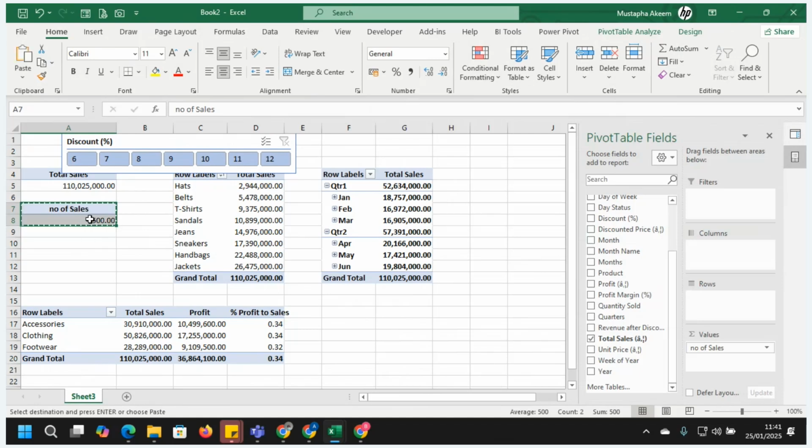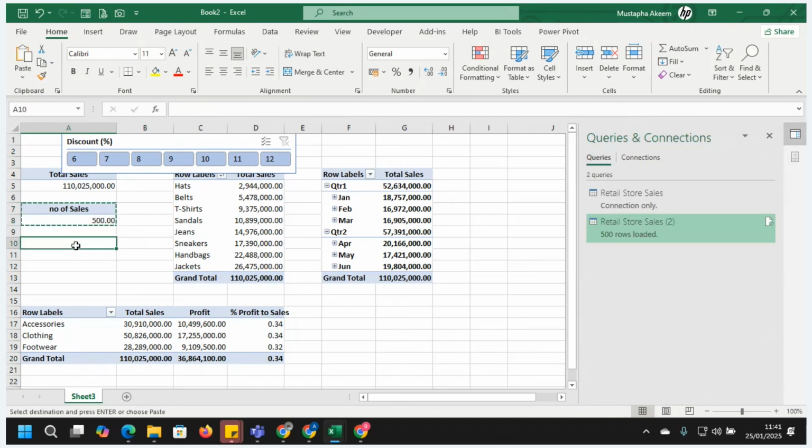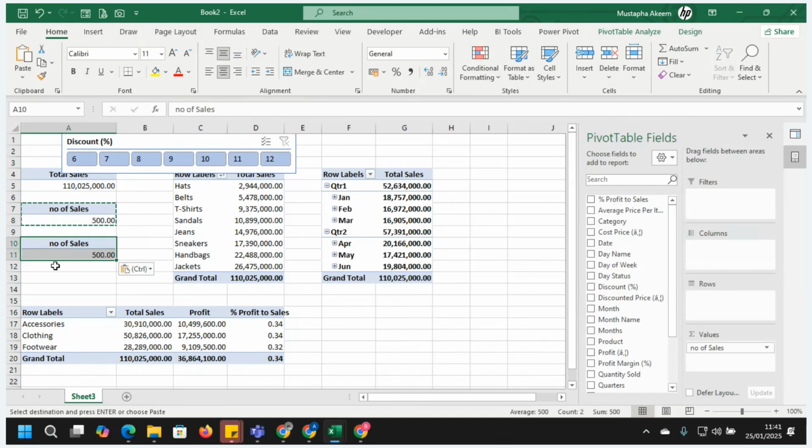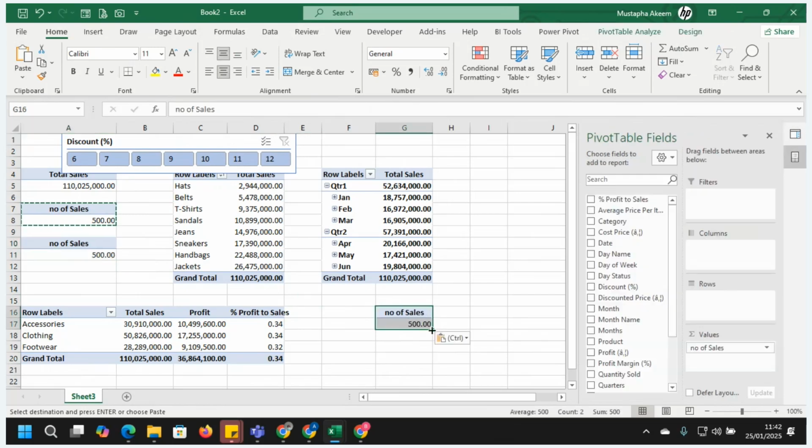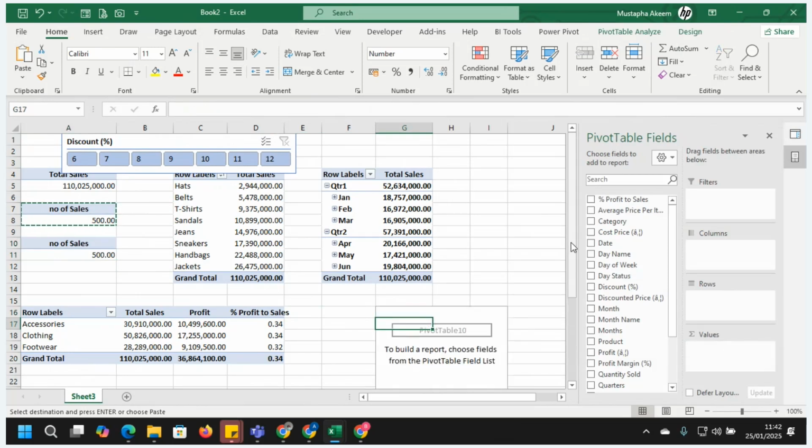Okay, Control C, Control V. I'm just managing this space. If you want to expand it, because there's no space here, that will take a plain table. If you come here and remove this from here, it will expand. Can you see this space? But there's no space here. That is why it's stopping me from doing that.